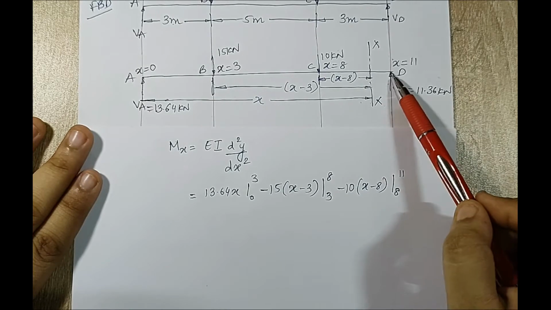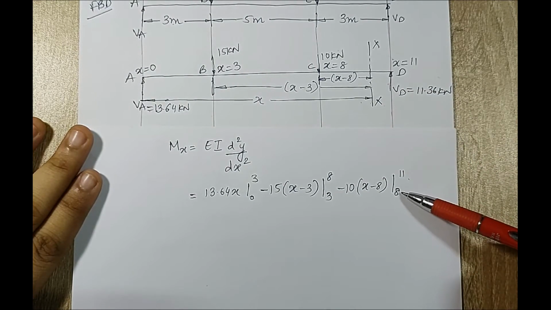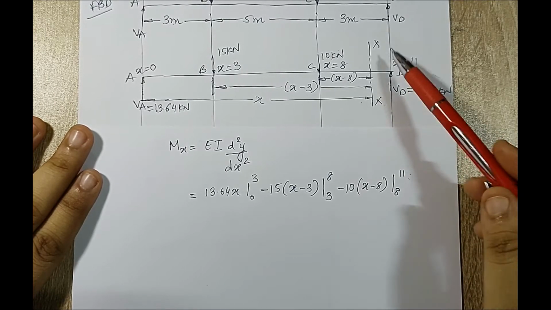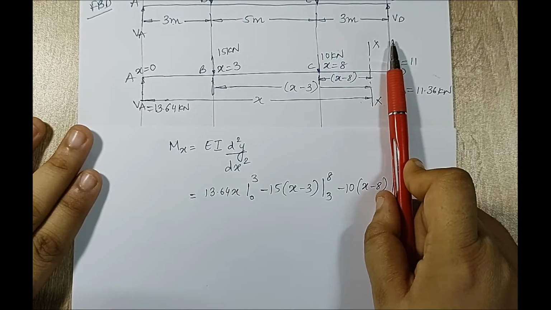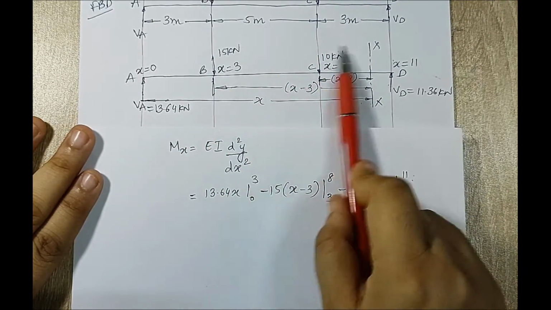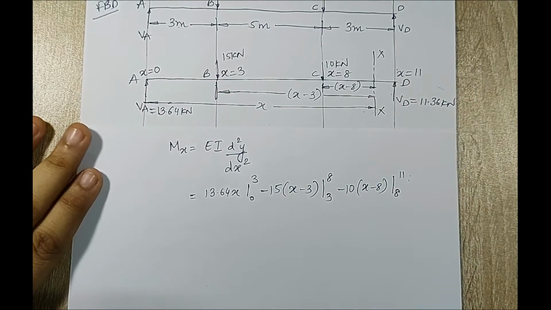But if you look at this, the value of x equal to 11 is very much considered, because I have written the limits from 8 to 11. It is just that this force cannot turn even if I hold the slider at this position, and we are not turning VD like this. We are turning every force towards x. So that is why VD is not coming into the picture.